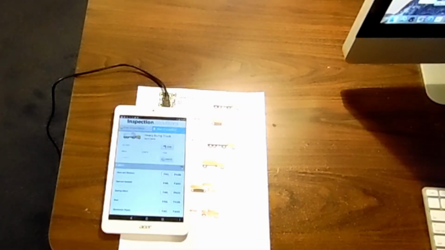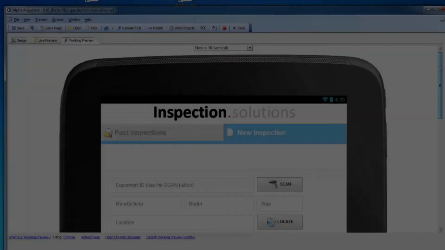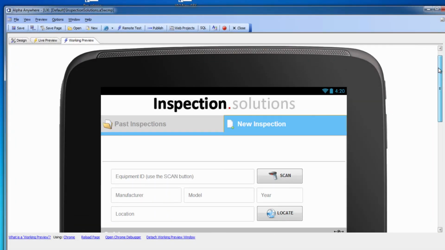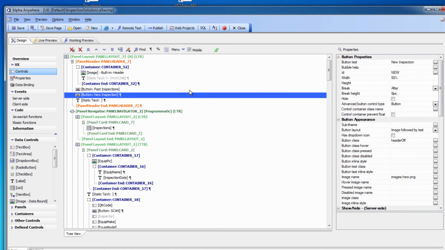The application was designed for a small tablet device. In this case, we're using an 8-inch Android tablet from Acer, but it could easily be modified to fit on a phone as well. If you think you could find this useful, then download the app and give it a try. It uses out-of-the-box Alpha Anywhere functionality with a minimum of hand-coded JavaScript so that it can be easily modified